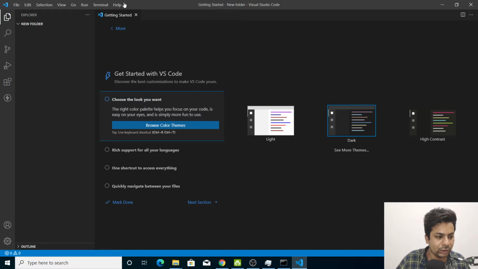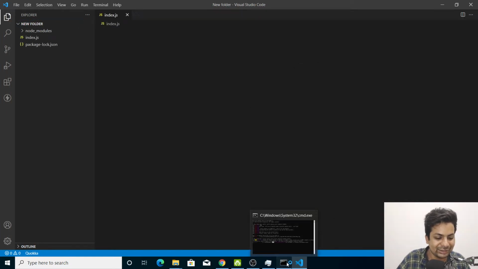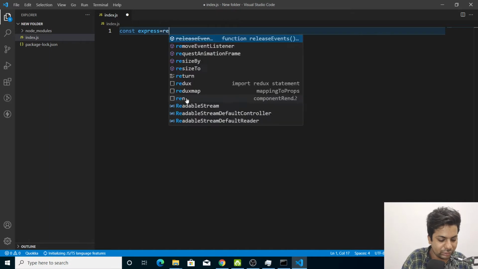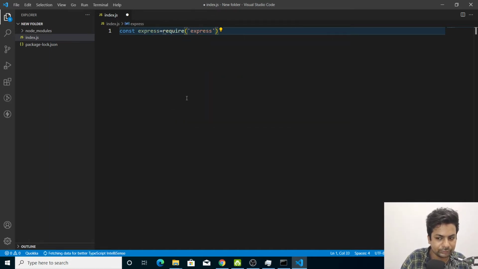Okay, let me make a new file called index.js. Where's the file gone? What's happening? Yeah, now it's here. So we'll import const express equals require express.